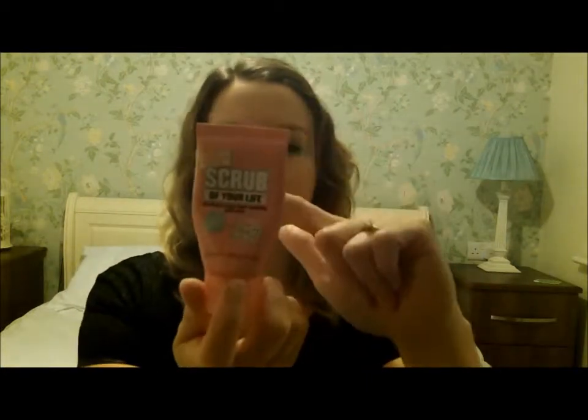I love Soap and Glory products, I've said this before, and of all the Soap and Glory products I've tried, I don't think there's been a particularly bad one. There's ones I've not liked as much as others, mainly because of smell, sometimes texture. Obviously I haven't tried all of the range. That could be one of my missions in life, to try all of the products within the Soap and Glory range. But yeah, I absolutely love their products, and this Scrub of Your Life is a really good